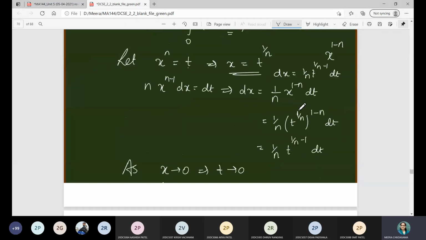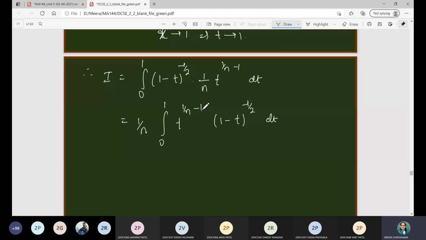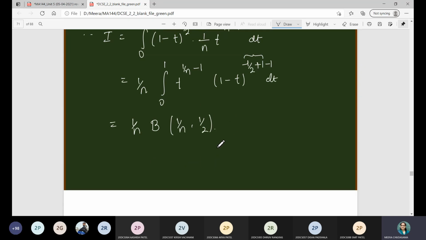So here you can see that we already have the first quantity in terms of m minus 1, but for the second one we will add and subtract 1. So this is now your n, right? So I can write this as beta of 1 upon n and minus 1 by 2 plus 1, so it is 1 by 2. Now since 1 by 2 has occurred, gamma 1 by 2 will be there if we use the formula, and therefore we'll have some kind of value for the answer.